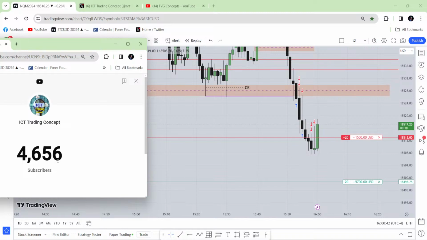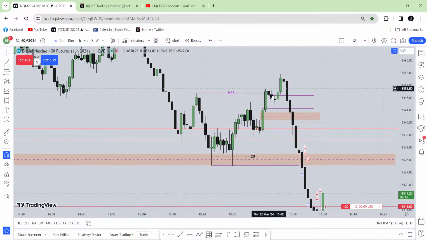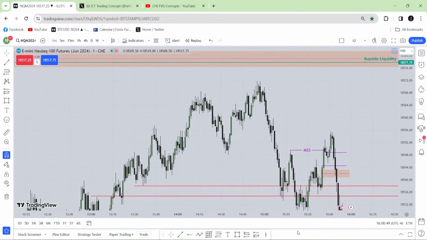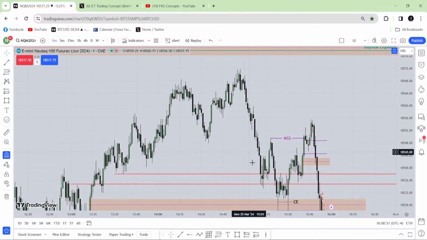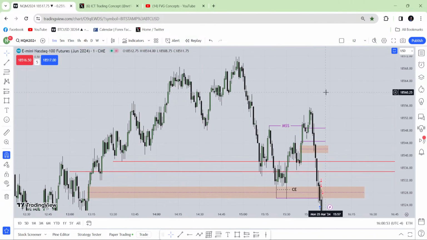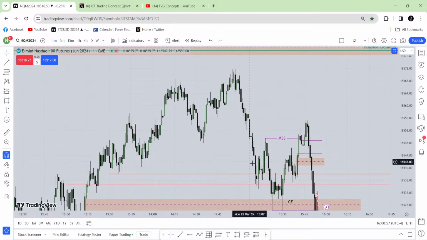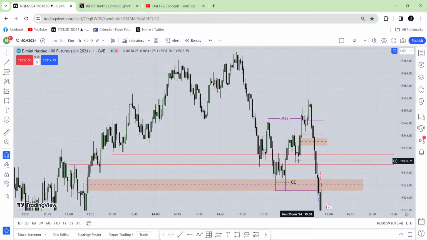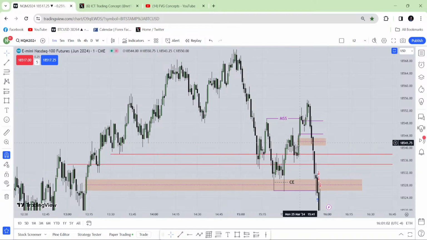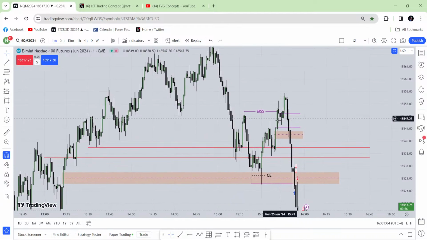I believe that you got something from here: what you should do when it's going against your direction. If you are looking for sell, perfect, no problem. If I was looking for buy, you saw how I was waiting. I was just waiting from here to take buy. I didn't get any opportunity. I got an opportunity here at the end of the day, but I didn't take that entry because it was very near to closing.